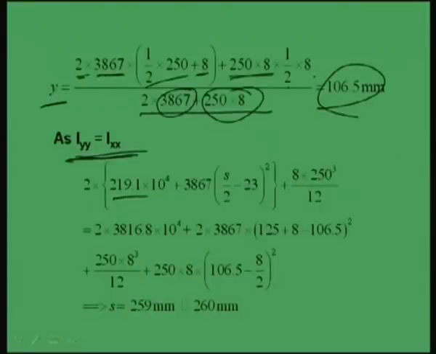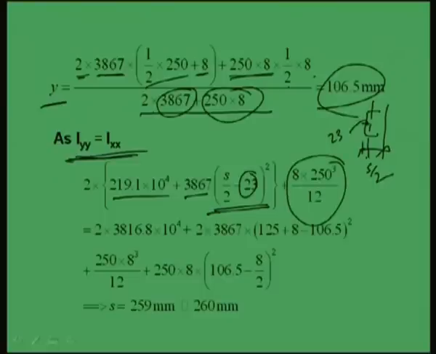So, individual moment of inertia plus A into R square is nothing but S by 2 minus this CG distance, 23. If the plate is the channel, this is 23, and this is S by 2. So, S by 2 minus 23, AR square, plus BD cube by 12 for the plate. This is IYY, and IXX will be similarly IXX about its own axis plus A into